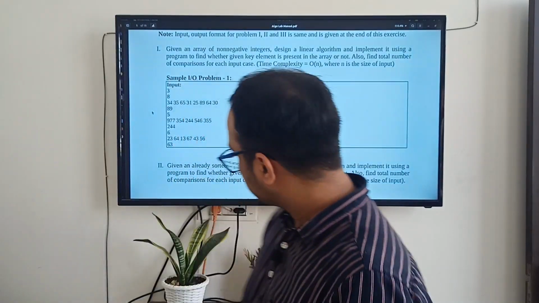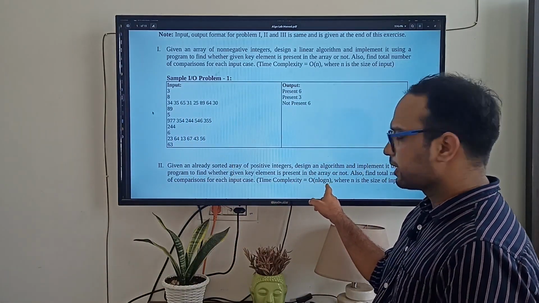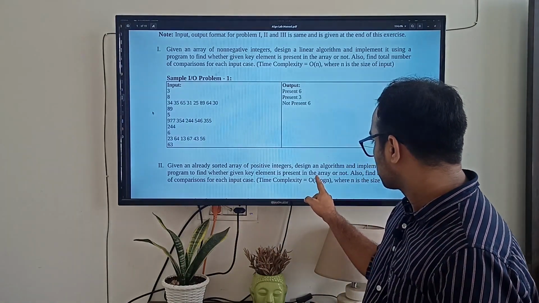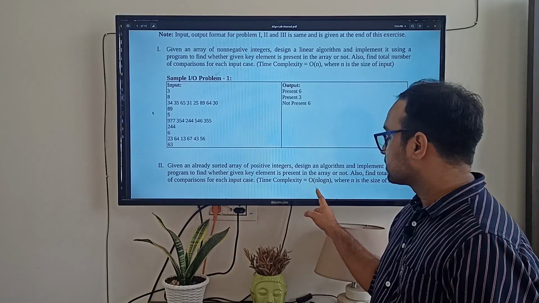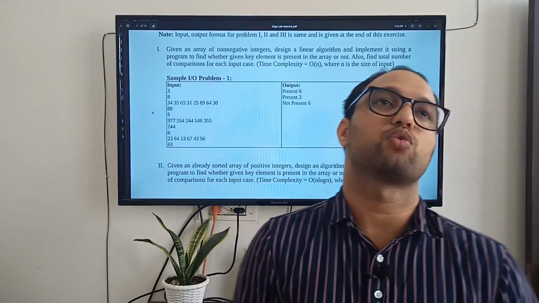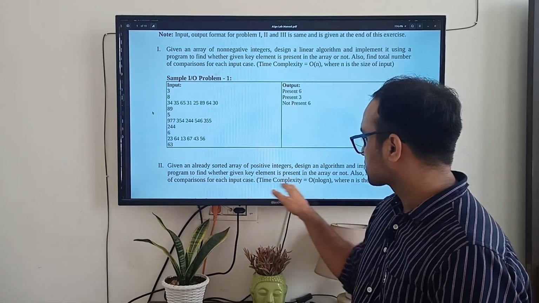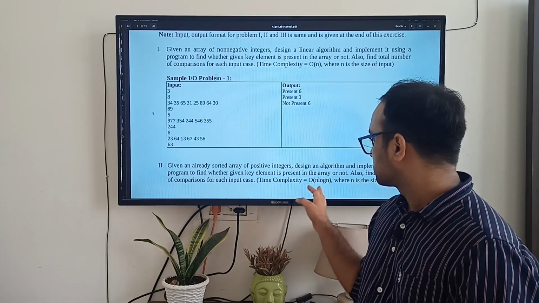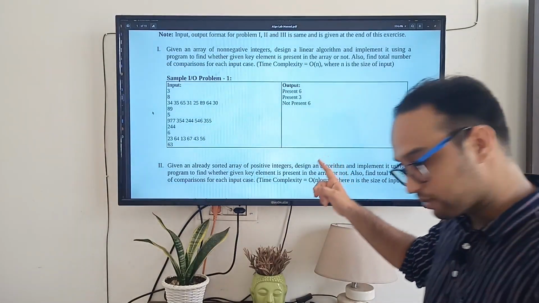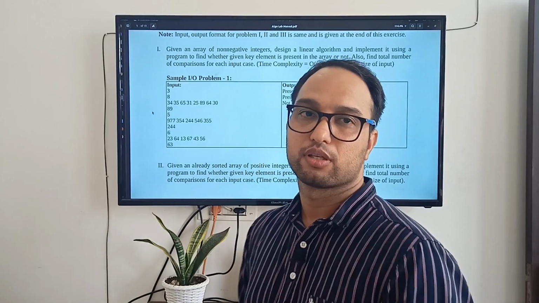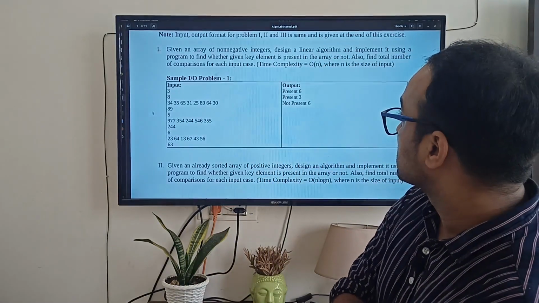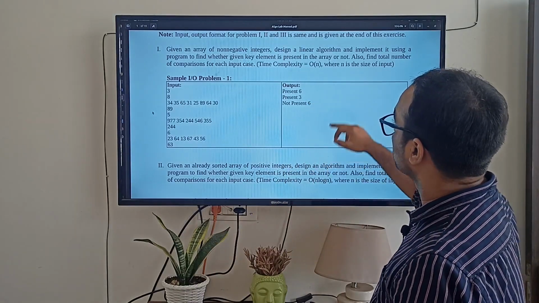We have been given that the array is sorted, so it should not be n log n, it should be log n only, because n log n is the complexity to sort the array, right? And if you want to find an element using this kind of algorithm, then you will have log n only. So n log n plus log n will be n log n. You will learn about these things when we learn about time complexity. But basically let's talk about these two problems.